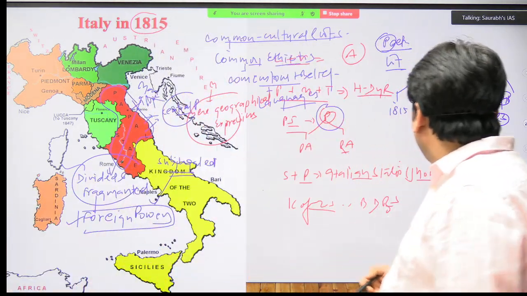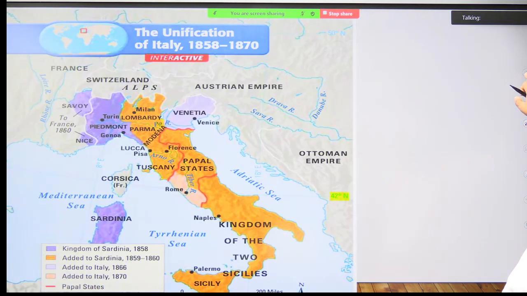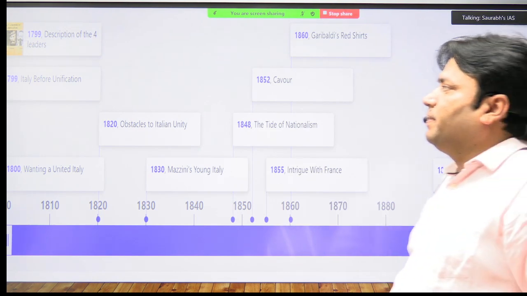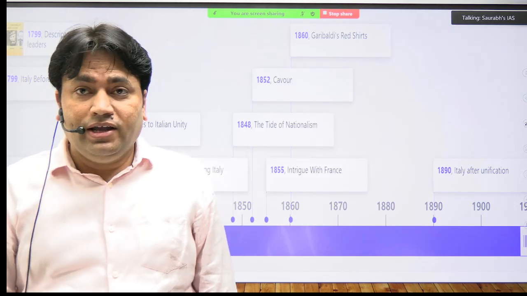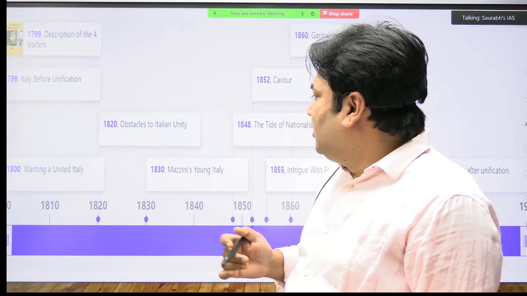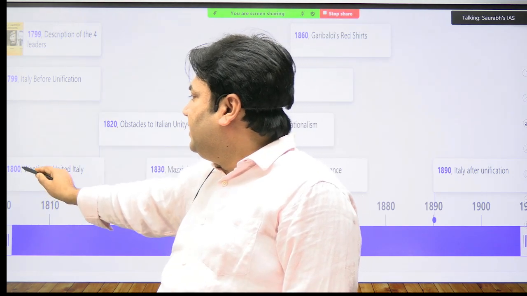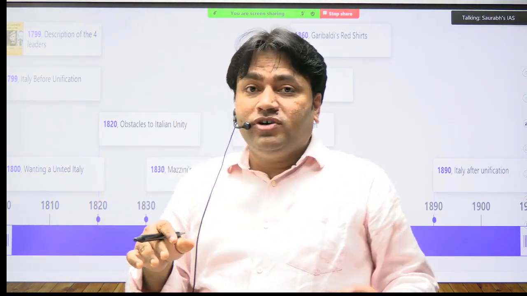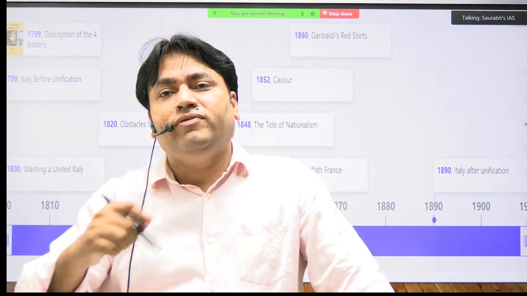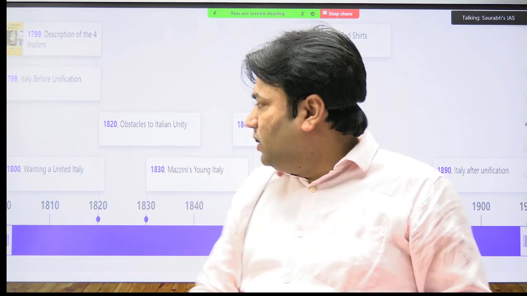Okay, now look at some other slides here. Now you will learn about this. Look at this slide. What do you see? The process of unification of Italy, when it started, was already in the minds of the Italian people. So the process started very early in the 1800s itself. In 1800, the people of these Italian territories wanted a unified Italy. And 1804, Napoleon will become the ruler.